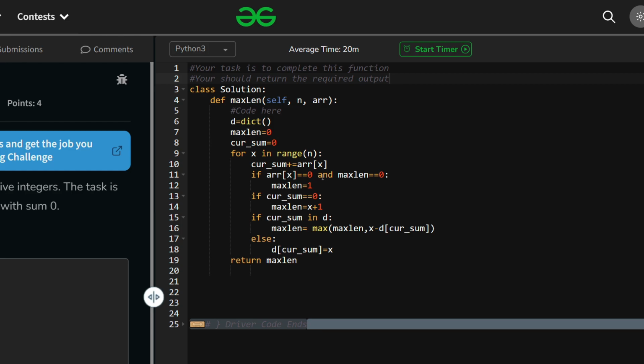Okay, first case we're saying if array[x] equal to 0 and max length equal to 0, then max length will become 1. Okay, that means if the array value is 0, then max length is sure 1. Another condition, if current sum equal to 0, current sum means the total value, the first value plus the second value. If it is becoming 0, then we say x plus 1 will be our max length for that. And third case, if current sum is in the dictionary,